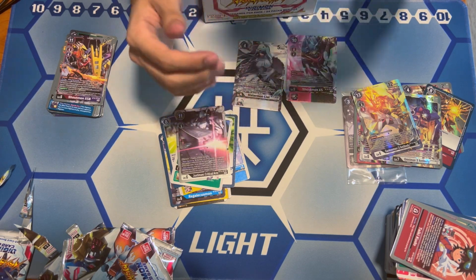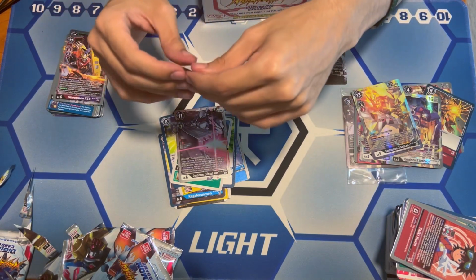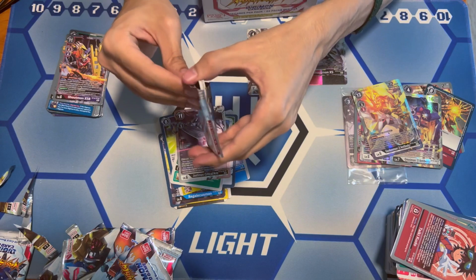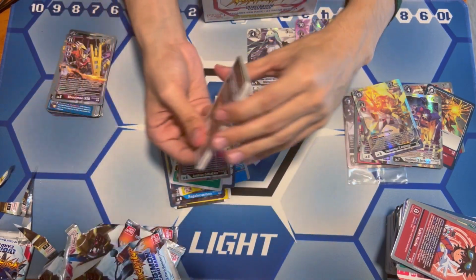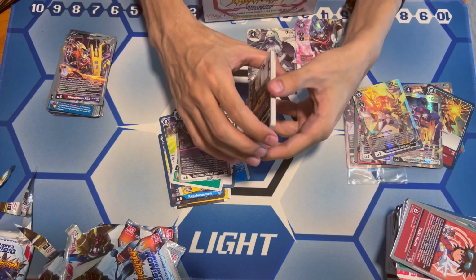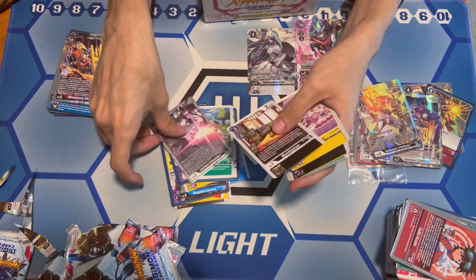But it is like a 2-of at least. You have to run at least 2 of that card. So that's our Alt Arts CL and Shaman Cross 5. So not the worst, but definitely not the best. I want an Omnimon. Maybe he doesn't have an Alt Art. Someone tell me if he has an Alt Art. I'm pretty sure he has an Alt Art in this set, but I haven't seen anyone pull him in the